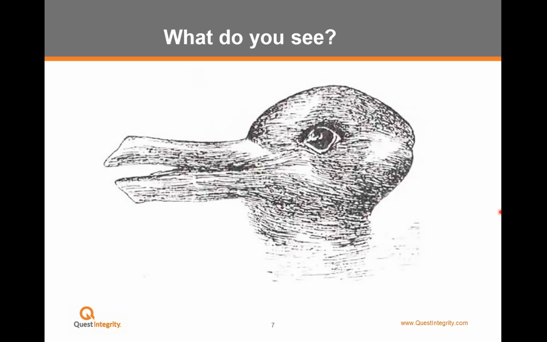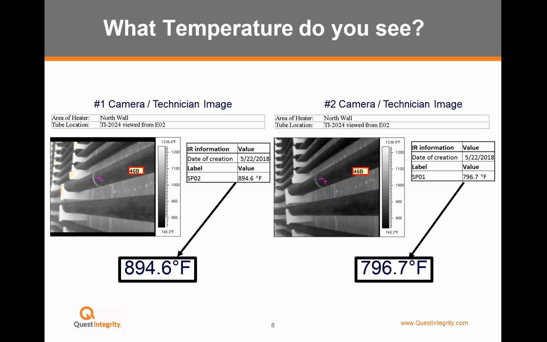But when we apply the same exact art to infrared, we ask ourselves, what temperature do you see here? To give you some background on what we're looking at, there were two technicians who each had their own instrument, their own infrared camera, the same camera model to be exact. They shot the same heater on the same day at around the same time, and these are uncorrected results. But as you can see, we're getting very different temperatures. And you have to ask yourself as an operator, if you're getting two different reports from two different infrared personnel, let's just say these were the corrected temperatures,